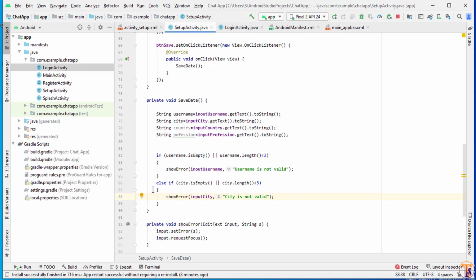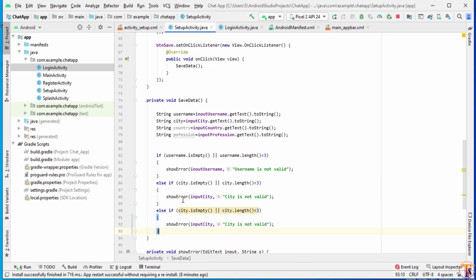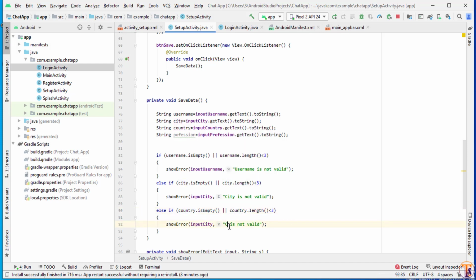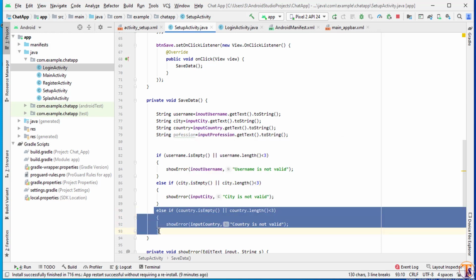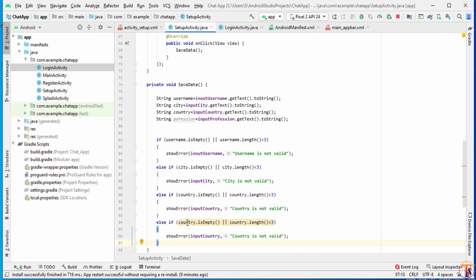Again for third. So this one is country, and again for country, so change here country, and here input country. Okay, now last one is our profession. So I'll check here profession, again for profession, and here input profession.